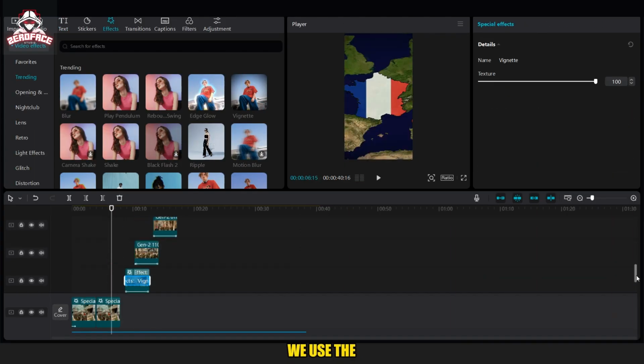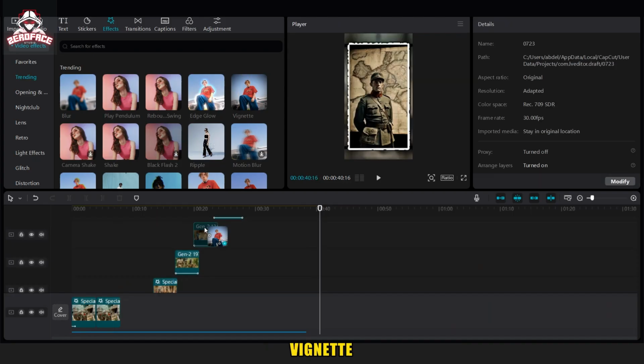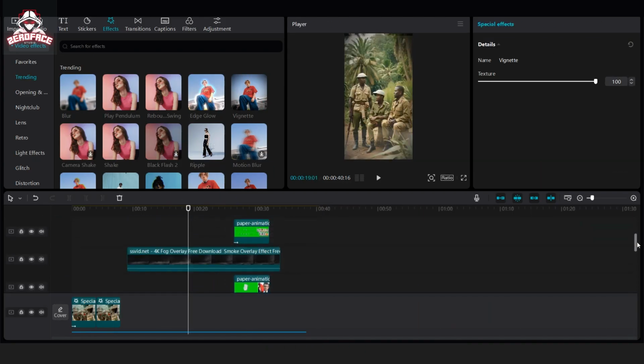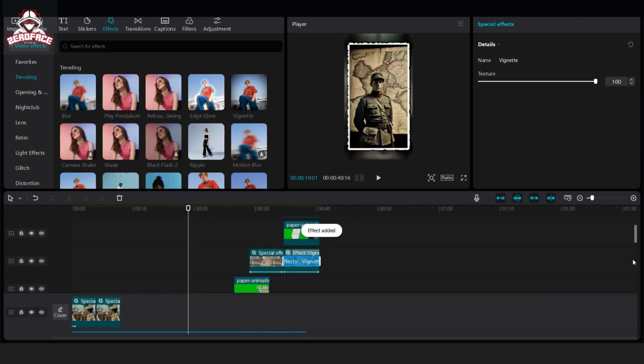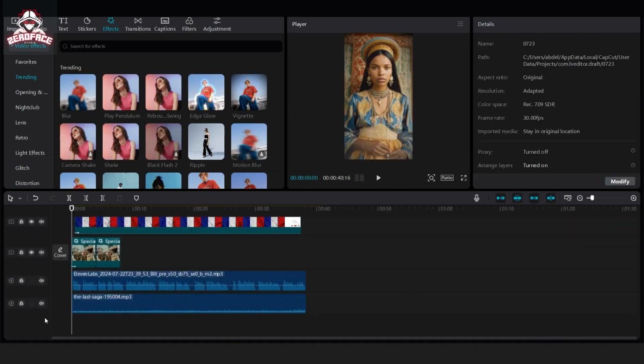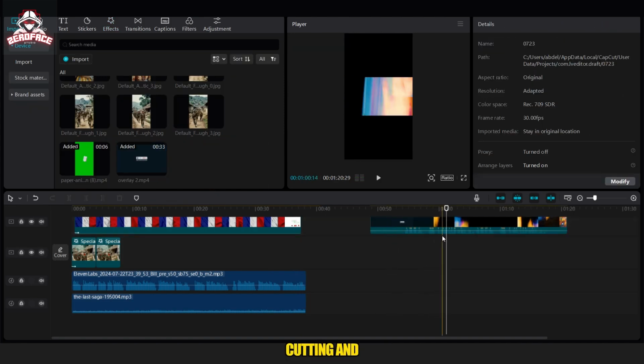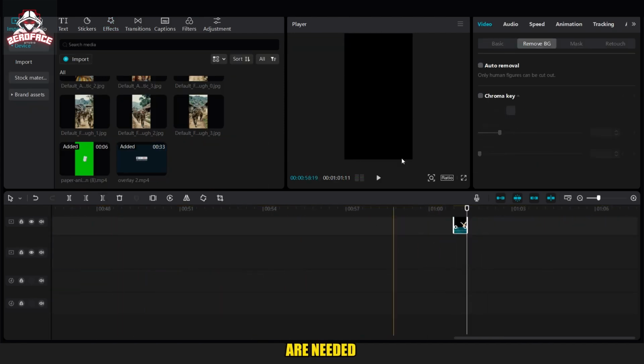Moving on, we use the effects feature to add vignette effects to all videos and images. We then add camera transition videos, cutting and pasting them where transitions are needed.